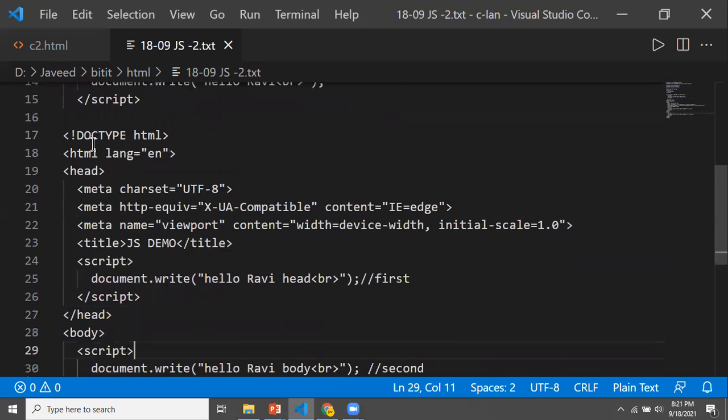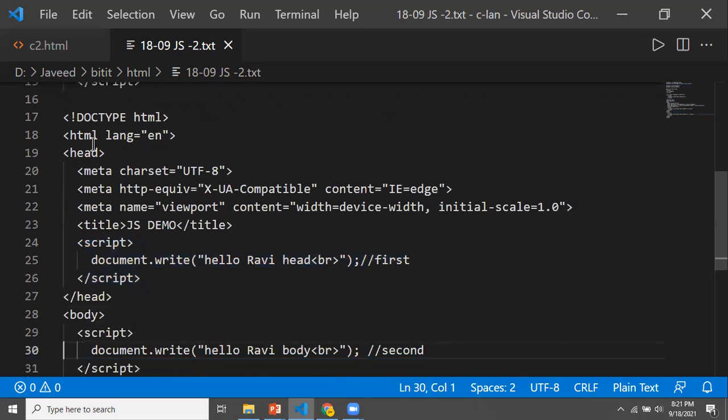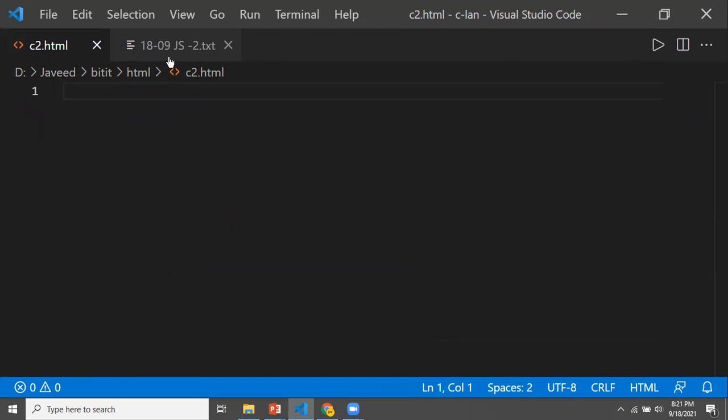Okay. The code we are writing here, the script I am writing here, is called the internal script, meaning the script belongs to this page, or you can call it an embedded script. That means the script is placed inside your HTML page. We said there is another method, the external scripts, that we'll discuss a little later. Hopefully up to this we are done.